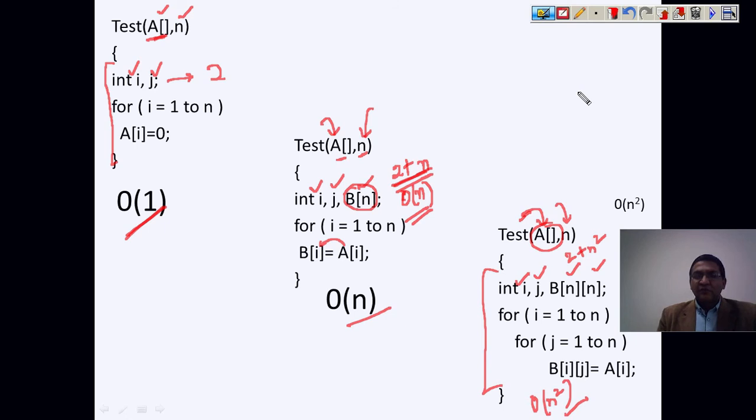Now let's move to the recursive approach. Here in the iterative approach, we have seen it's straightforward. We simply see how many variables actually we have used to get our work done, and we simply just add all these memory spaces, and that gives you the space complexity. But in the recursive approach, it is not straightforward. So we need to check that how we can find the space requirement in case of the recursive based algorithm. Let's see.